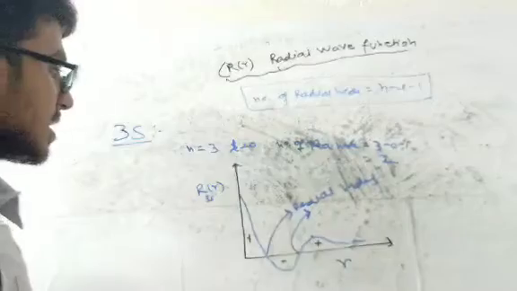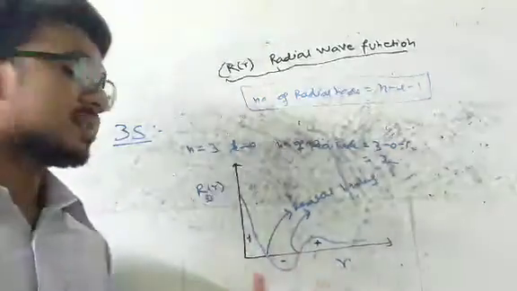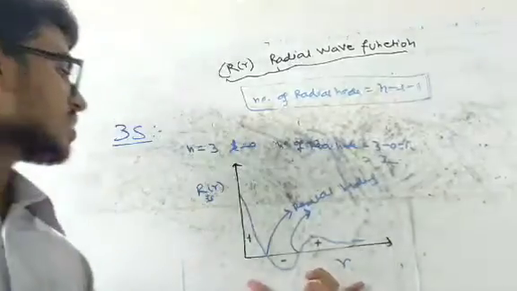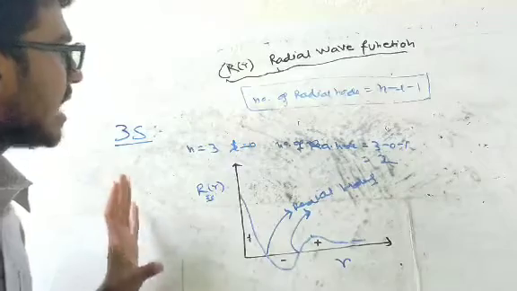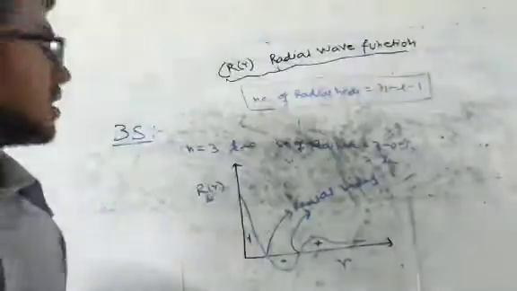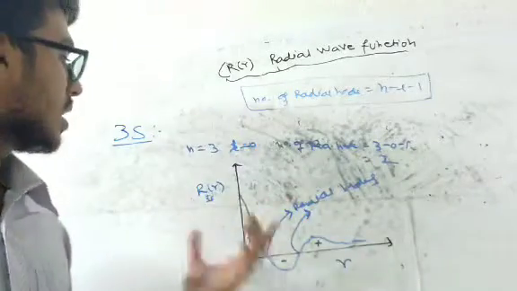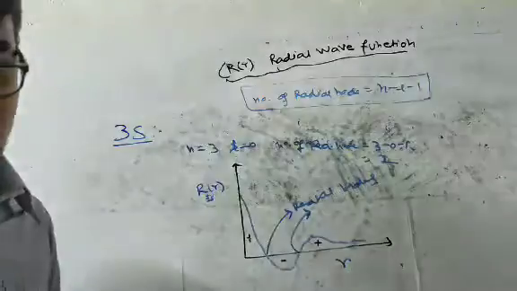So this is the graph for the 3s orbital. This is the radial distribution graph for the 3s orbital. Now I think it's clear that to draw the radial distribution curve, we do not need the exact wave function or radial distribution functions. If we just know the number of nodes, I can predict the graph.